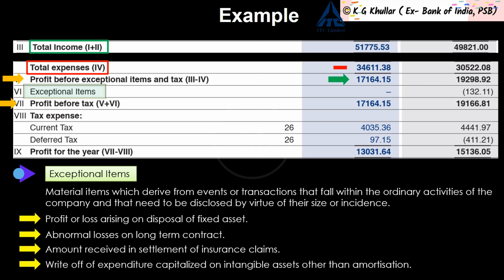Then friends, once you subtract these exceptional items, if any, from above figure, you get profit before tax. That is PBT in short. And once you subtract taxes from PBT, you get profit of the year. And this is the most important figure for any company which any investor, banker or industry people looks at. Then next friends, there are other comprehensive incomes as well, but with respect to CIB or your practical banking, this much knowledge of profit and loss statement is enough for you. So do remember this format till profit of the year calculation. That is up to here.